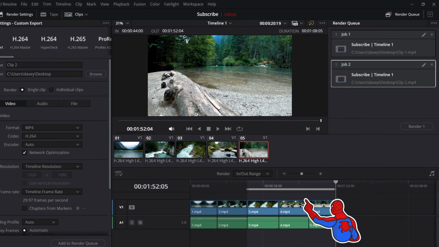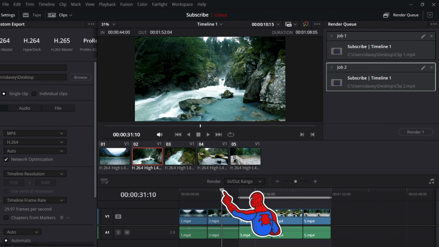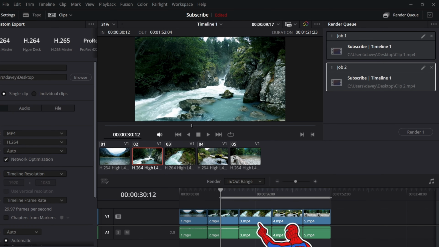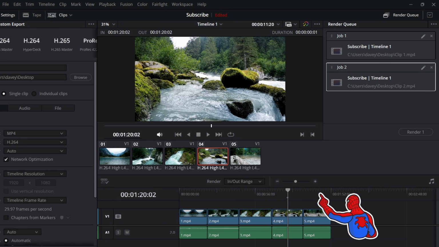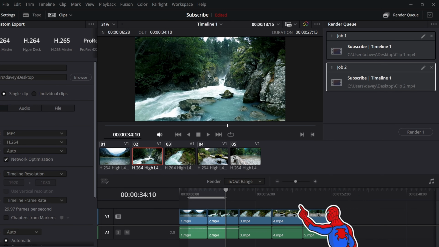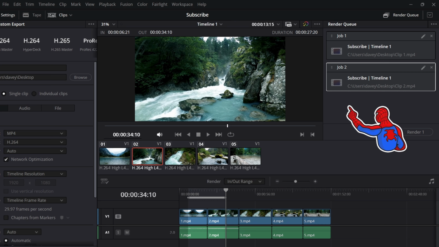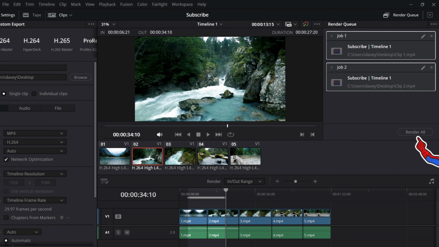You can also mark anywhere you want. So if I want maybe this part of the video, I move it here, I press I, and if I want to stop over here, I can just click here, I press O. So you can see if you use your keyboard, you can easily mark which part of the timeline you want to export.